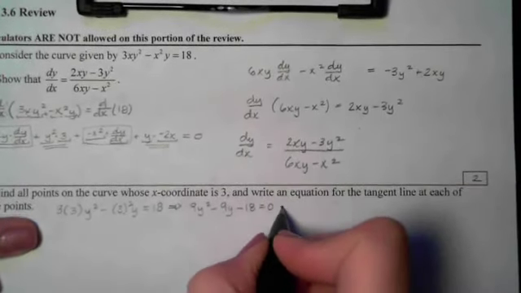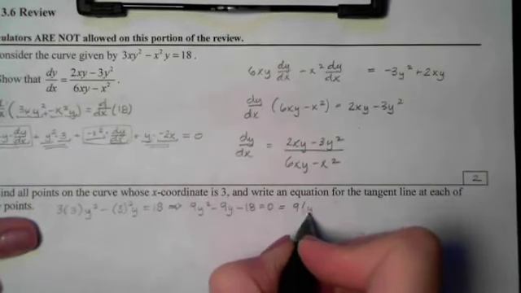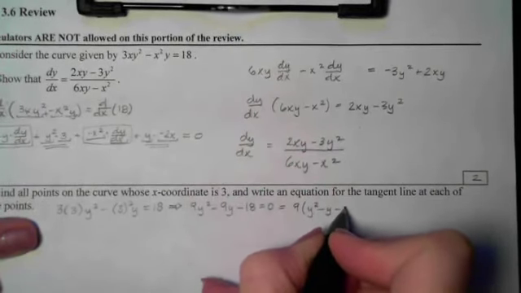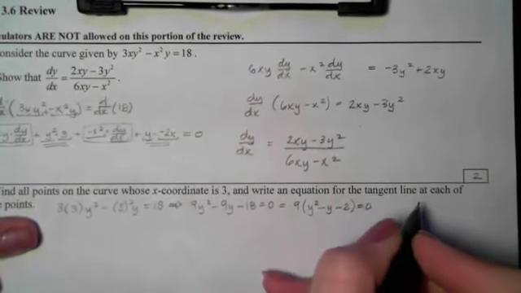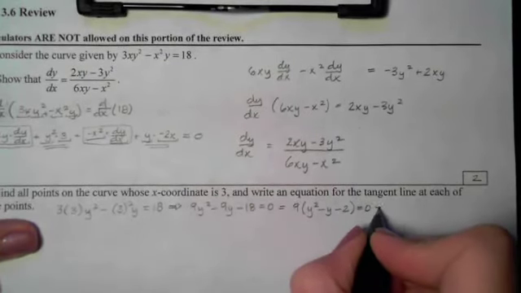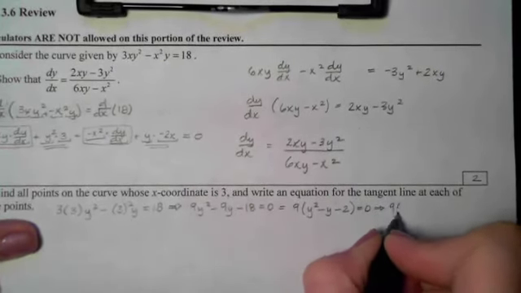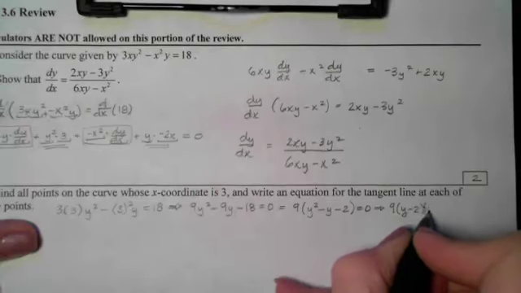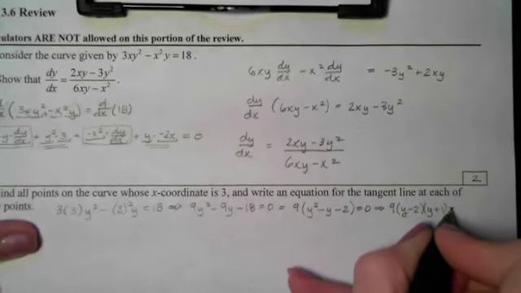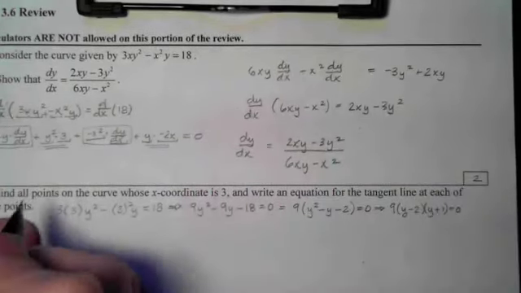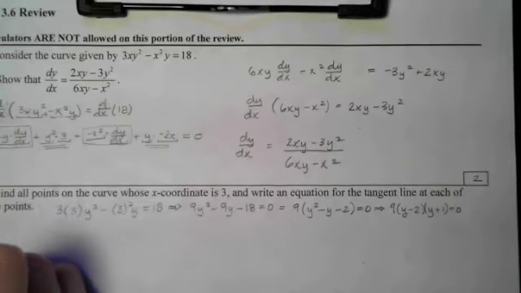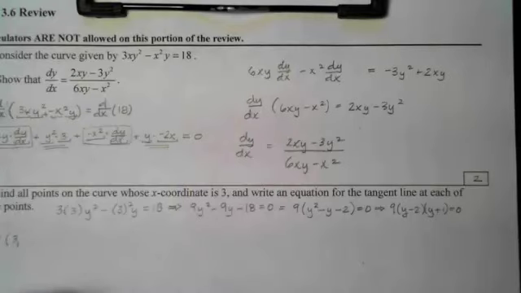Notice there's a 9 in common. I can pull that out, and then I can factor. So if I factor that, I'll get 9 times (y minus 2) times (y plus 1) equals 0. So now I have figured out that two of my points that have x coordinates of 3